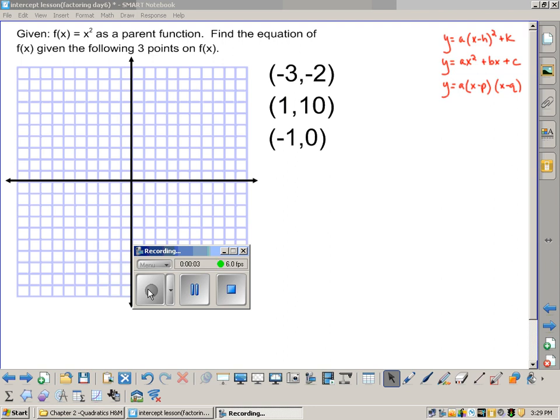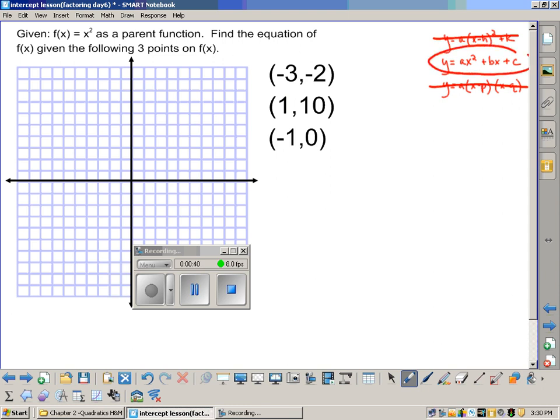Okay, so the example that we didn't get to in class is when we are given 3 points, how do we decide what the equation is going to be? You notice I was given one of the x-intercepts because I wasn't given both. So I don't have both the zeros, so I can't use my intercept equation. Was I given the vertex? I don't know if any of these points are the vertex. It doesn't tell me. So I would say no, we can't use our vertex. So we are left with our